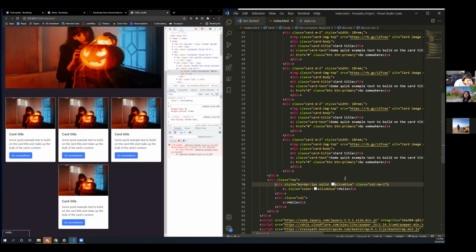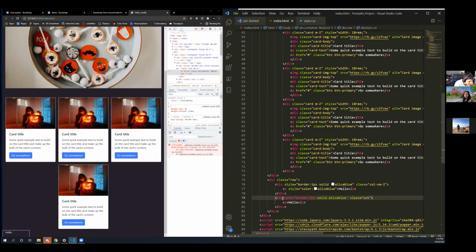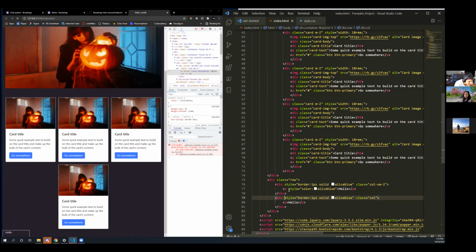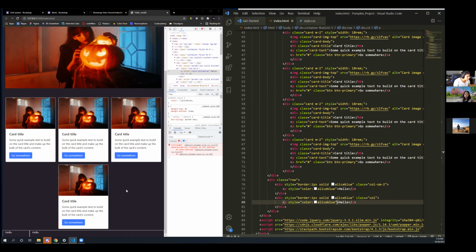Cool. I'm just going to copy this so that we can easily see what I'm talking about without me having to highlight it. Cool. So now we easily see that